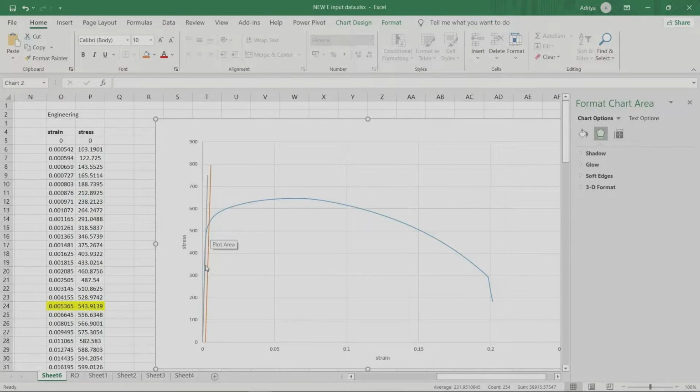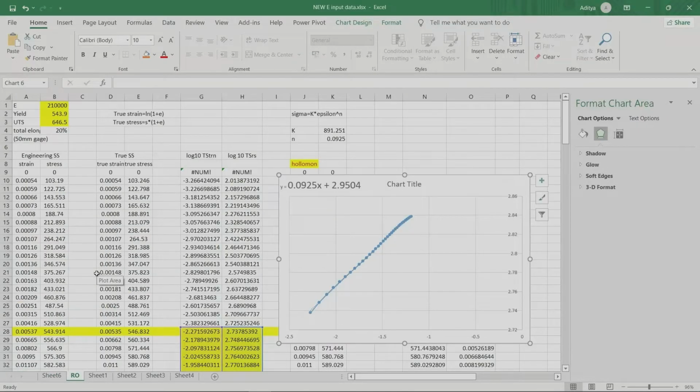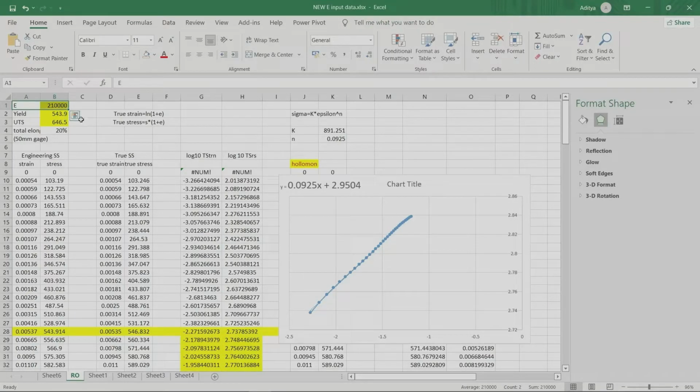So we make this 0.2% offset of this E line, and the intersection will give us the yield stress. For that diagram, E is 210 gigapascal. Yield is 543.9 or 544 MPa. Ultimate tensile strength is 646.5. So this one is the data of engineering stress strain.